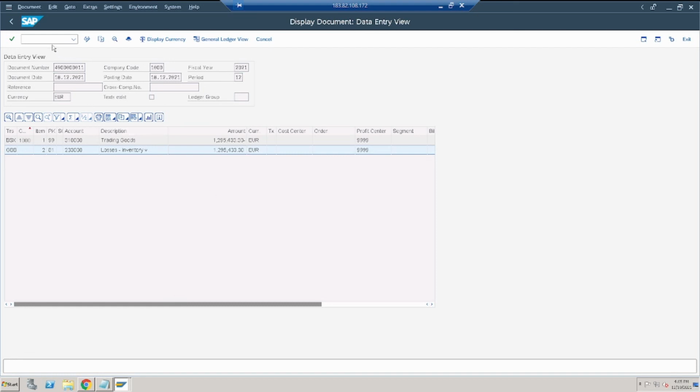So let's check it once again. This we have already done. For reducing the quantity, these two documents have been generated, but while adding the quantity, suppose we have in our inventory 5 quantity and actually we have 20 quantity, that means the quantity is being added right now. So what kind of accounting document will generate? Just the reversal of it. GBB will be credit and BSX will be debit. Such a document will generate. You guys, just practice by yourself by increasing the quantity or decreasing the quantity via physical inventory.